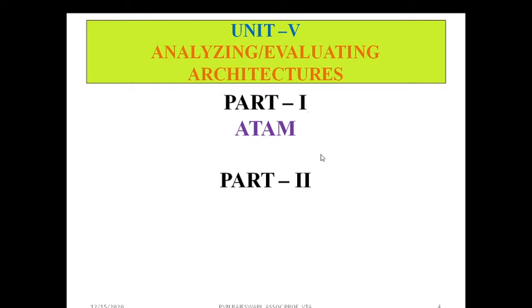If the architecture is perfect in all aspects, we have to go to CBAM. What is CBAM? It is cost benefit. This architecture is perfect because it has been analyzed by us in advance, but whether it is going to prove to be a cost benefit to us or not, we have to check. Even though the architecture is good, it may not finally benefit the customer. Maybe the outcome is good, but the presentation to the customer is not satisfactory. In that case, we have to think again using CBAM, the cost benefit analysis method.